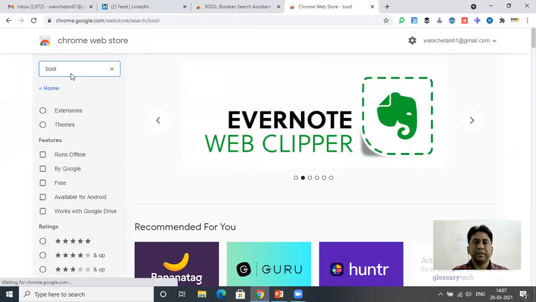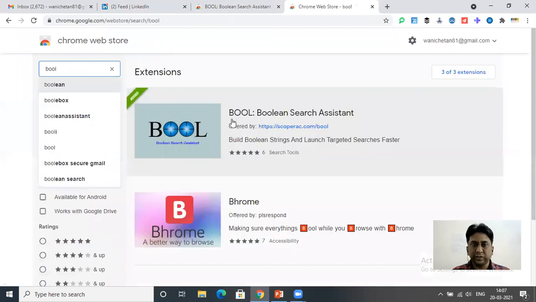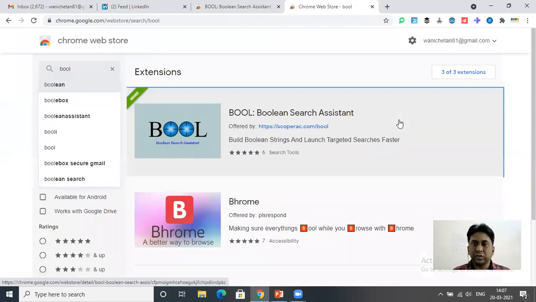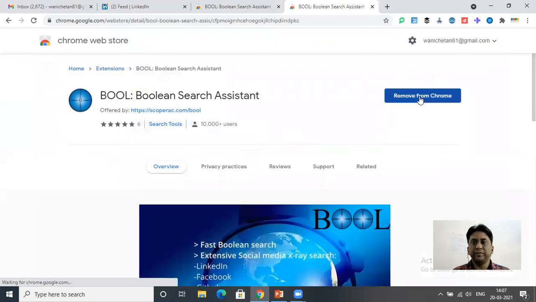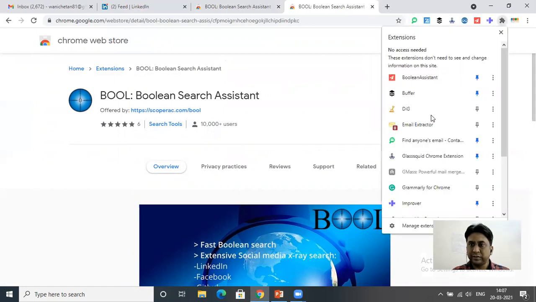Enter. Now this is the first one. It is showing you as added. So click here and remove. That's it. Once you remove this, you will no longer see it in your extension list.